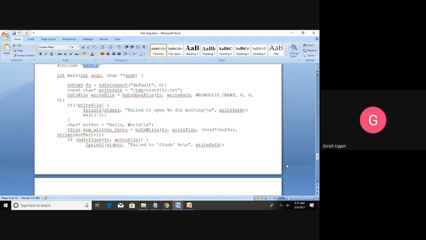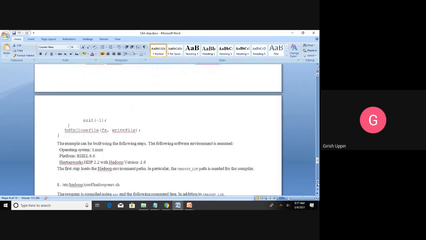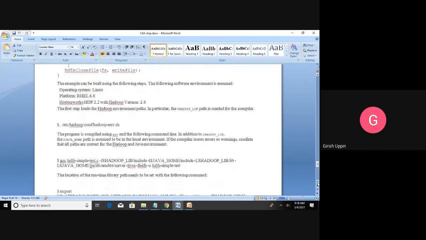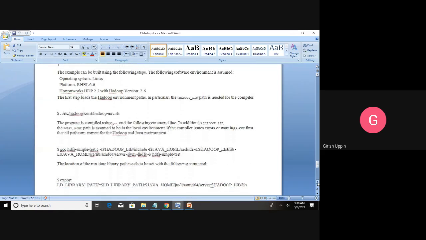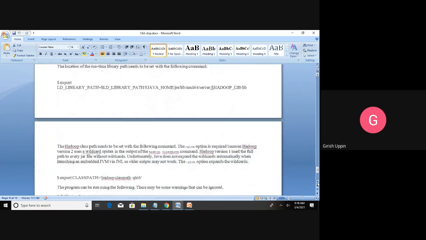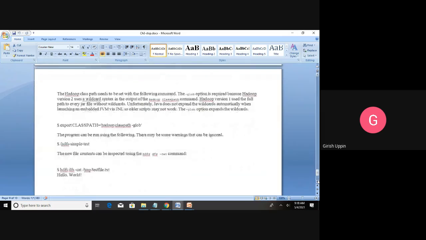You can just go through this particular source code. Maybe you can check the link that is given, where the complete source code is available for the C programming. This is how we can execute using C programming. All that information is given.